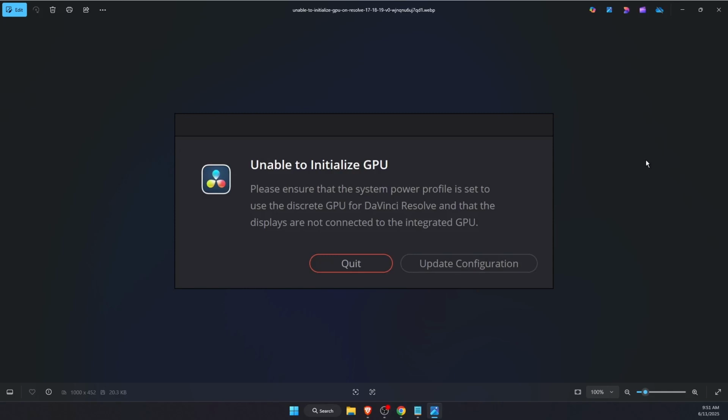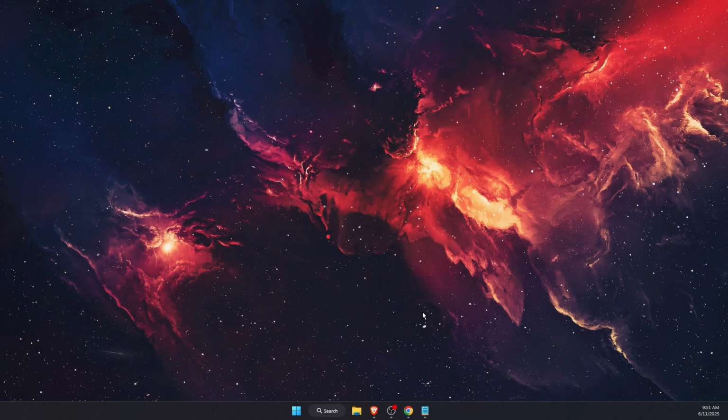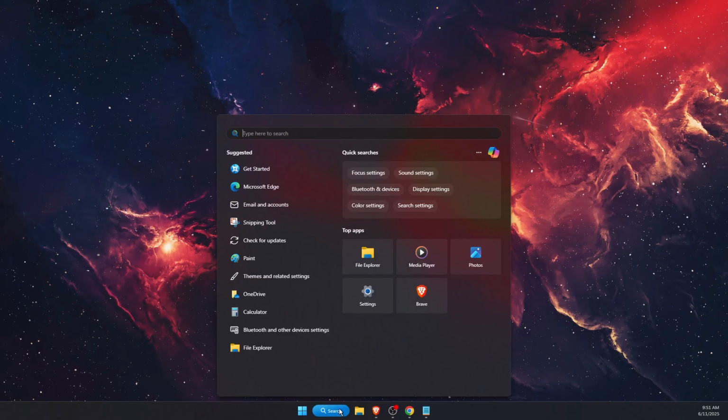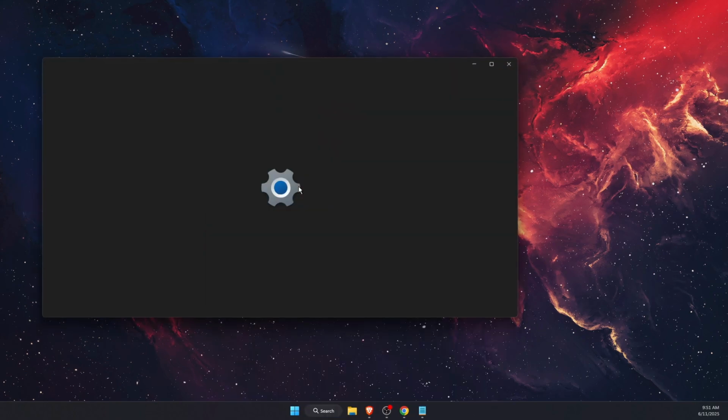Hello guys, in today's video I'm going to show you how to fix unable to initialize GPU in DaVinci Resolve. So there could be more than one reason why it's happening, but let's start with the first one and the most common one. You want to go ahead, open up your start menu, write down settings and open your settings,